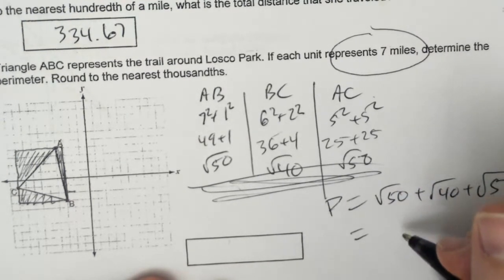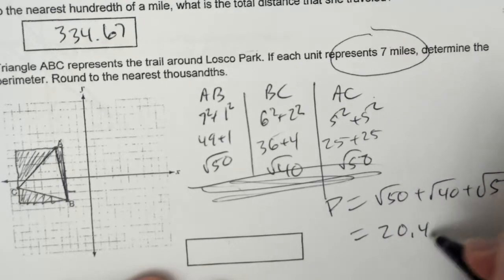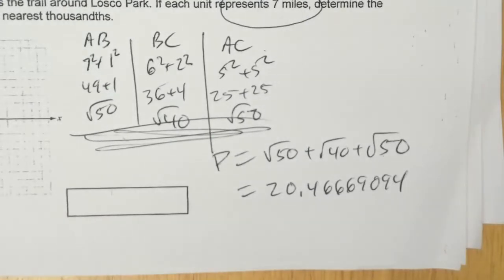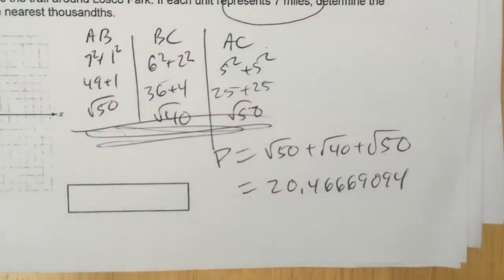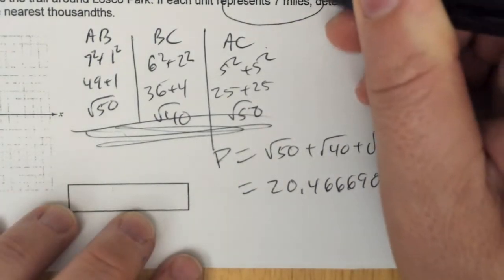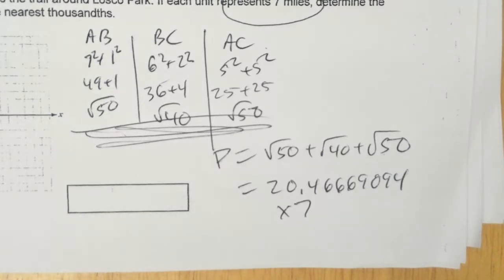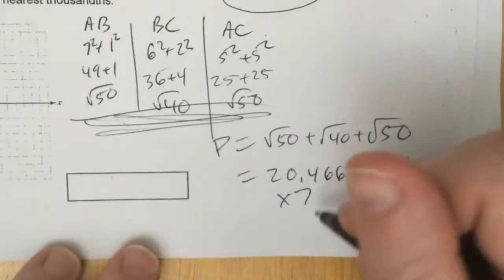When you put that in the calculator, you get 20.46669094. And they said to round to the nearest thousandth, but we can't do that yet, right? We still need to multiply by 7. So no rounding until after you multiply by 7. So I'm just putting that back in my calculator. Square root of 50 plus the square root of 40 plus the square root of 50. And then I'm going to multiply by 7. And I get